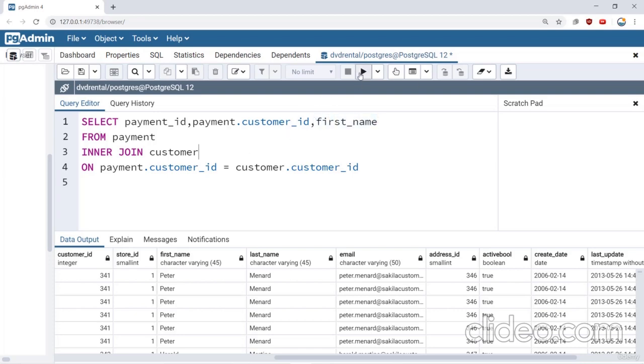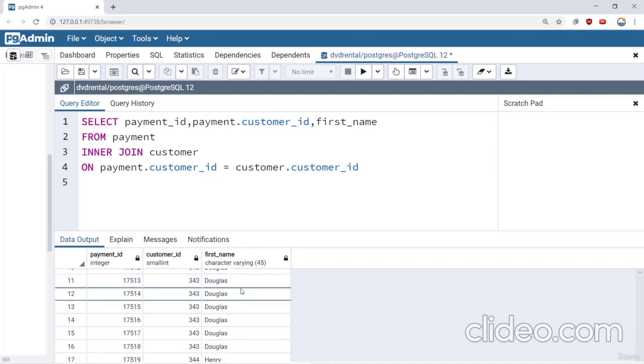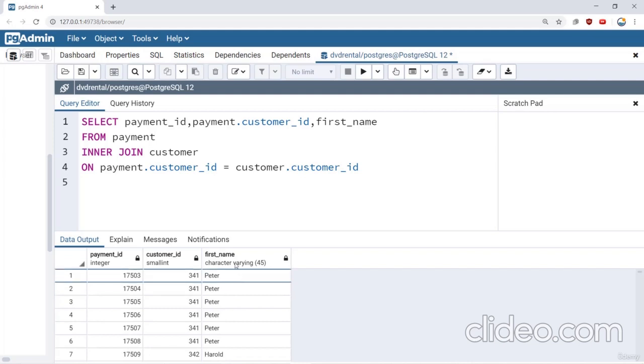So let's go ahead and run this and see the results. Notice now I get to see payment ID, customer ID, and first name. So this is the general syntax that we're using for inner join. Notice how the inner join is only going to join customers that are found in both payment and the customer